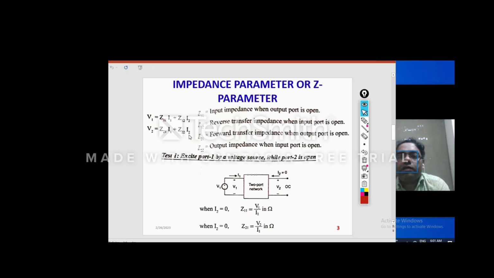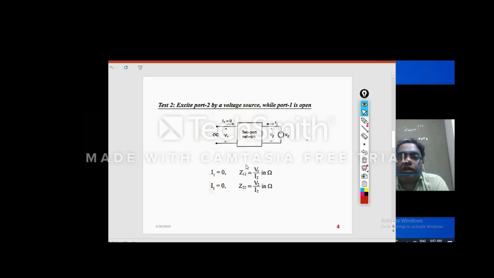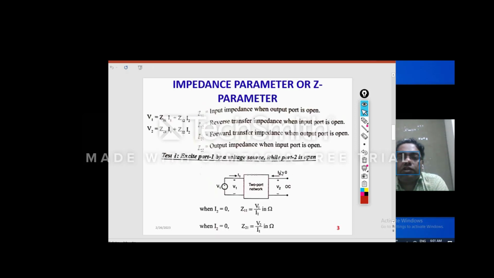Now how will we calculate these impedance Z parameters? See Z11, you see the first figure. In this figure you see that output port 2 is open circuited and we are connecting a voltage source at port 1.